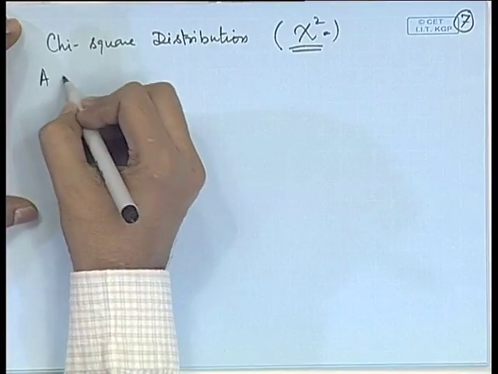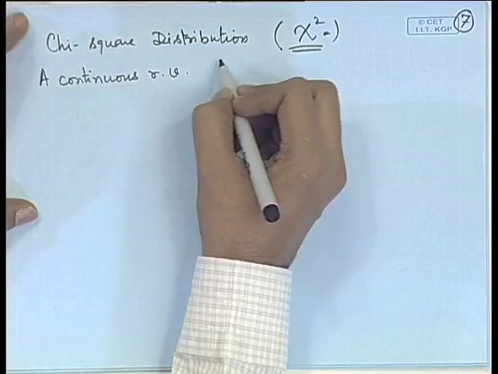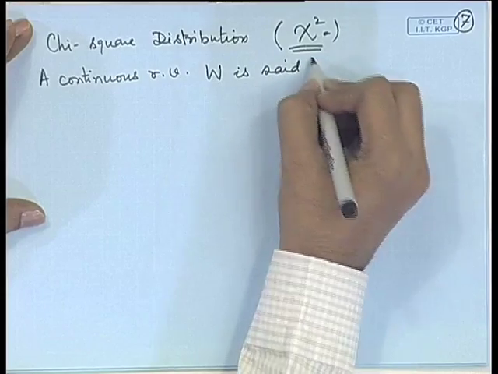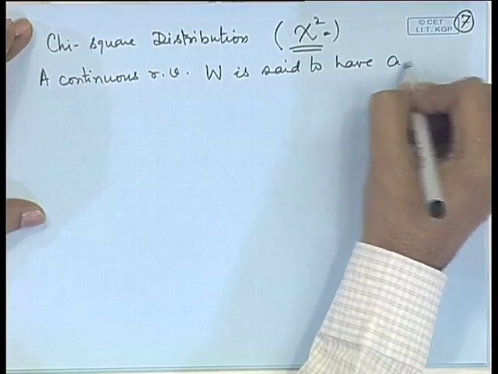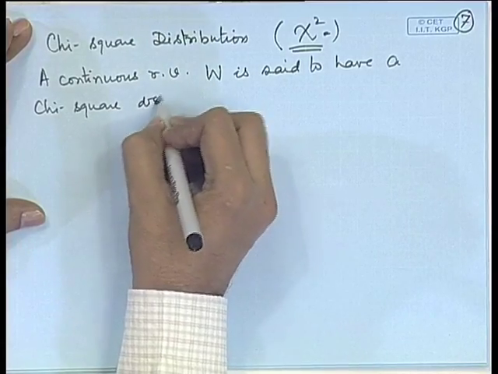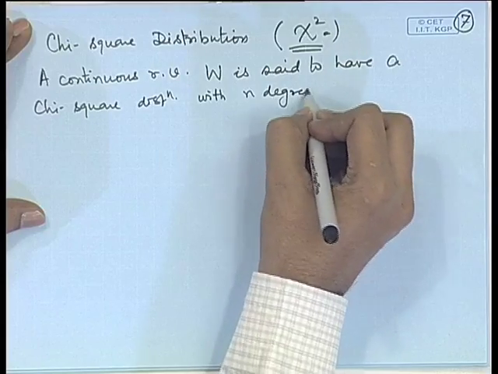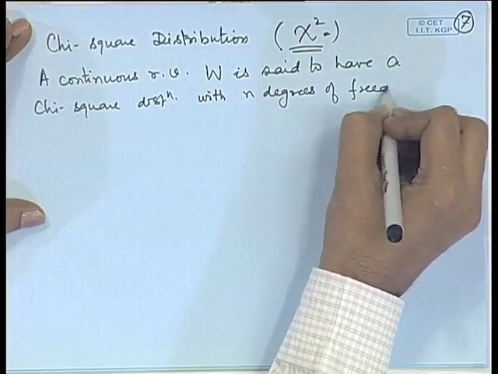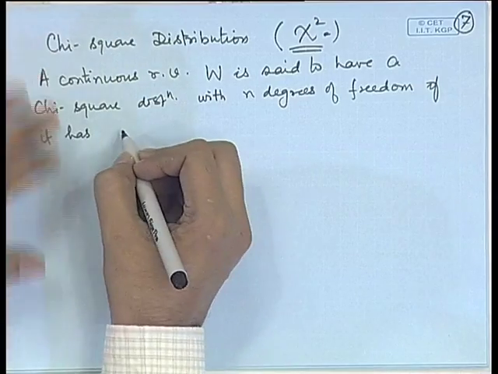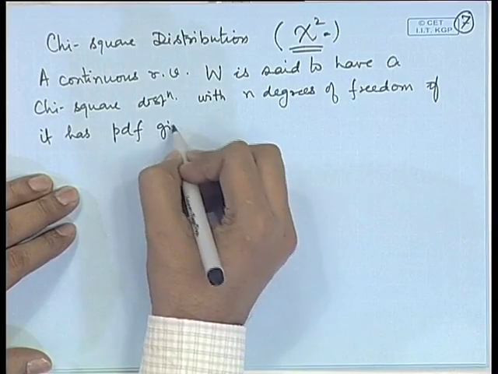A continuous random variable, say W, is said to have a chi-square distribution with n degrees of freedom if it has probability density function given by,